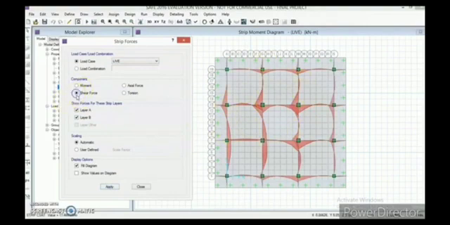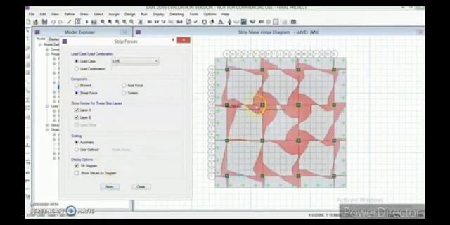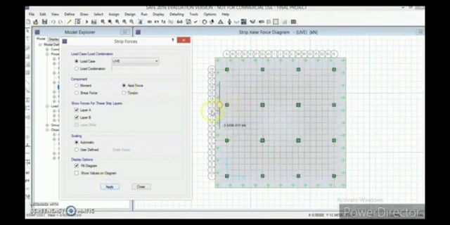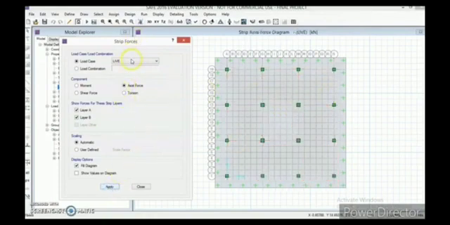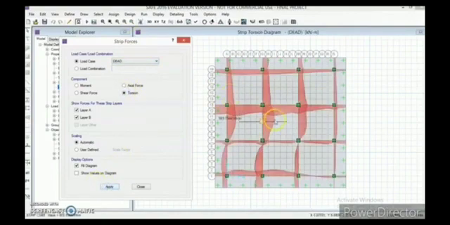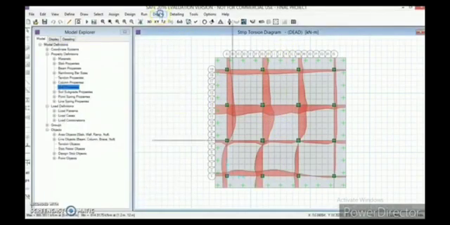Now let us see how the shear force is varying. Apply. Yeah, this is how the shear force diagrams are. Let's see how the axial force is. And torsion. This is for both layers. Like so, this is torsion. Now let us check for dead loads as well, the torsion values, how they are, and this is for both layers. And now close this, and we can also know about